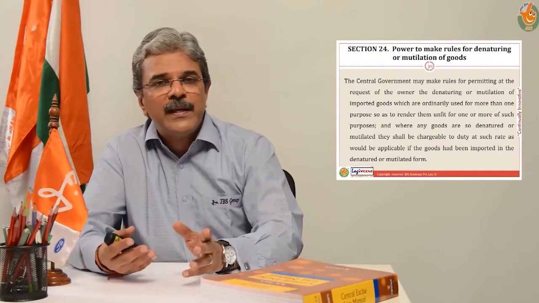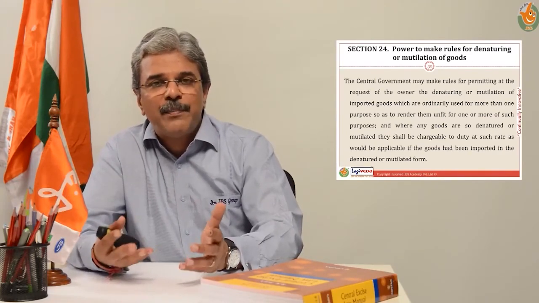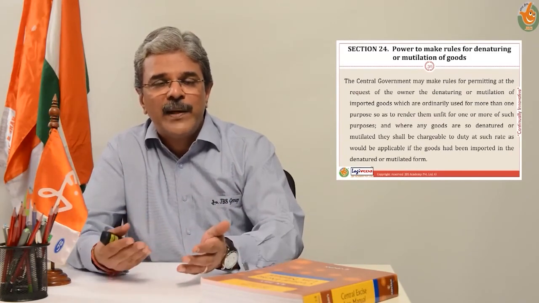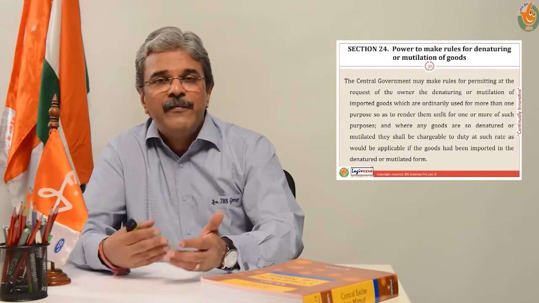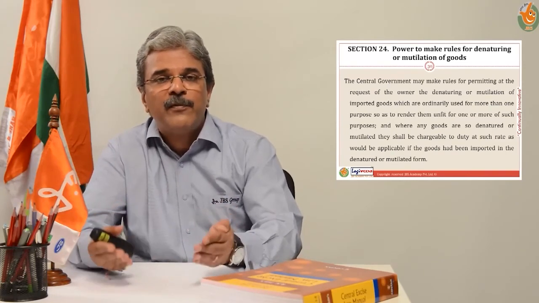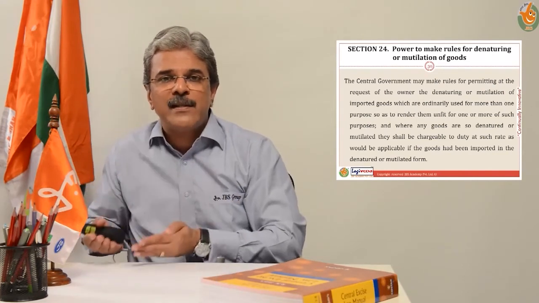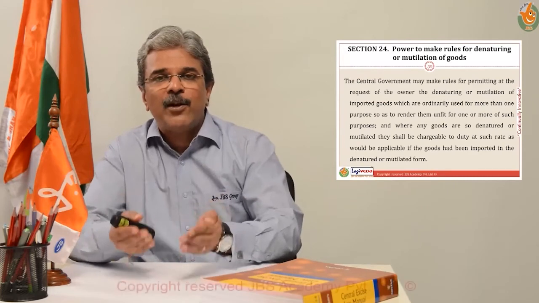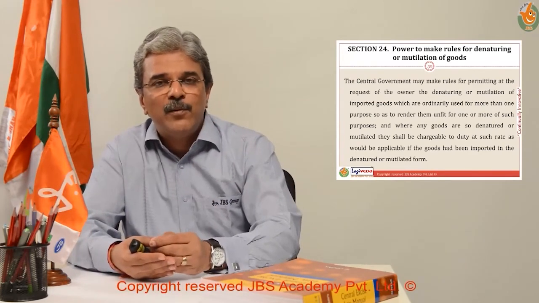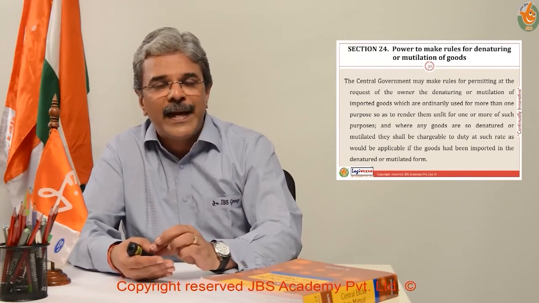We have a simple case of woolen rags. What is a woolen rag? A woolen rag is primarily a piece of a woolen jacket or a sweater or a scarf or something which cannot be used for the purpose for which it was originally made. That is, a sweater cannot be used as a sweater, or a jacket cannot be used as a jacket, but because in a foreign country it has been removed as scrap, it gets imported into India as woolen rags.